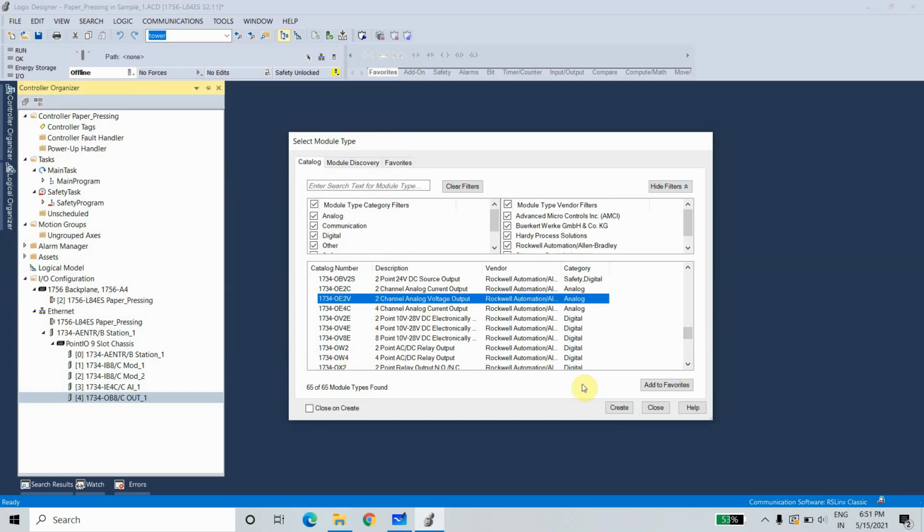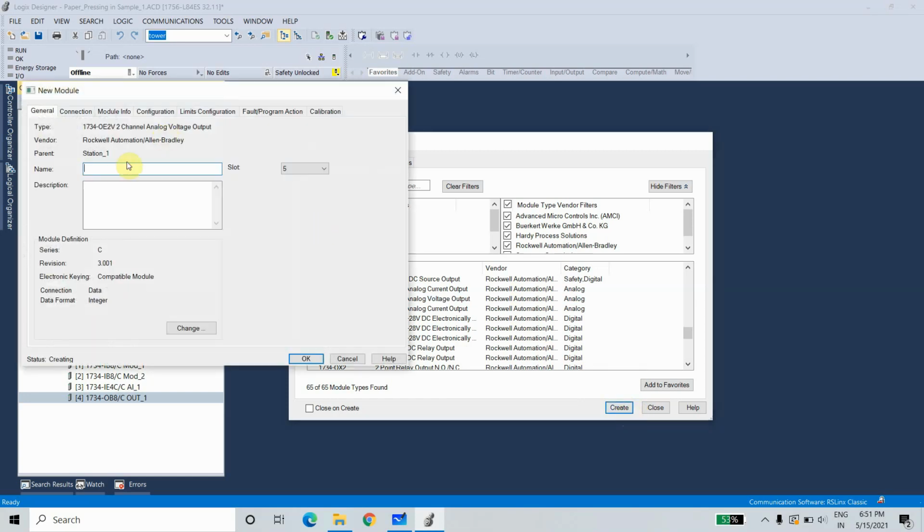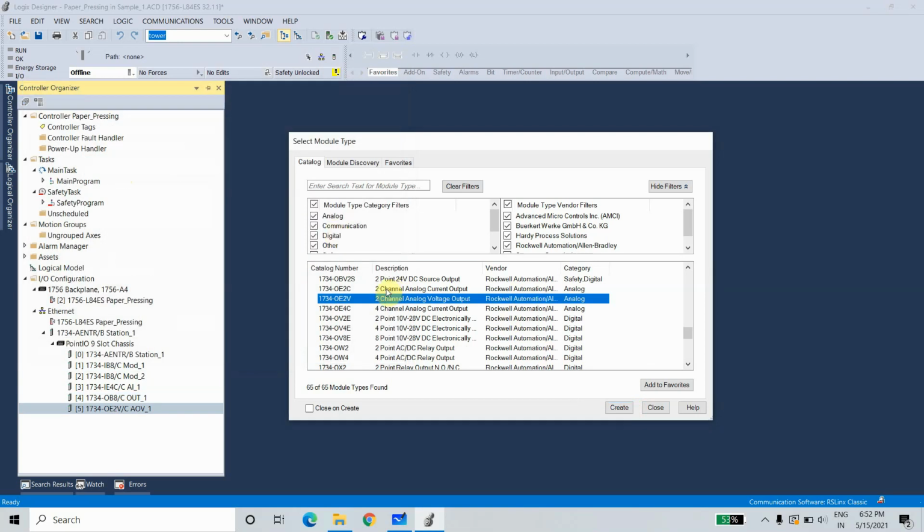I am using a 2-channel analog output here. This is a current voltage output. And I am also adding a current output.